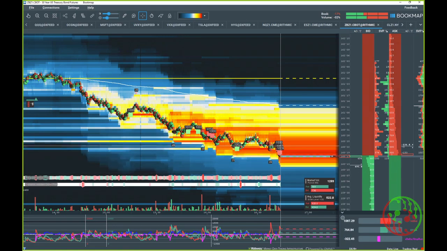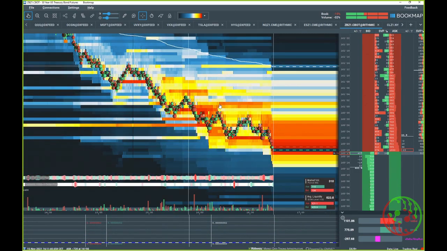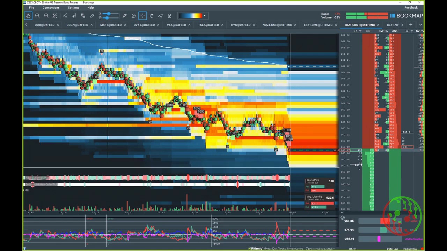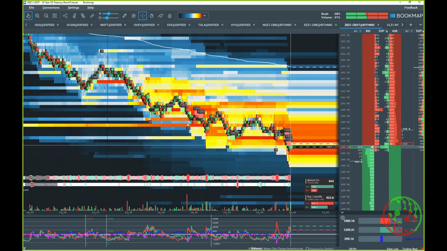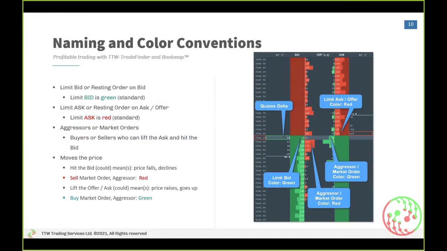But you see how they're resisted on ask. That means they gave resistance on ask. Now they are trying to support on bid here. That's the current picture. You see how they're adding 352 to 160 and 17. And they are trying to lift and to support the bid here. So any questions to quotes delta or to the dome?